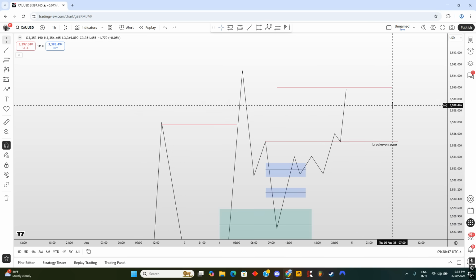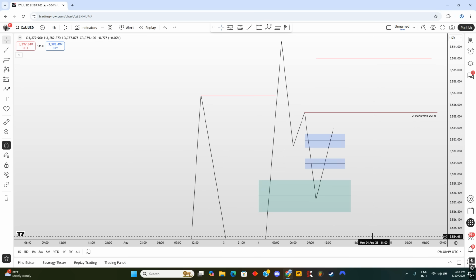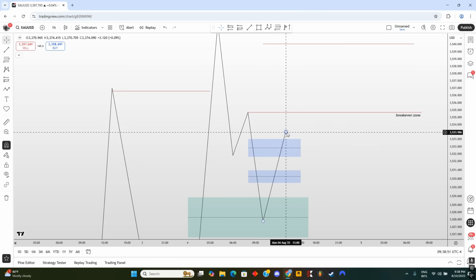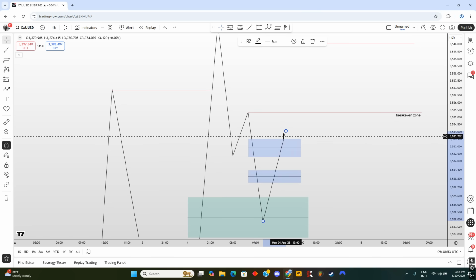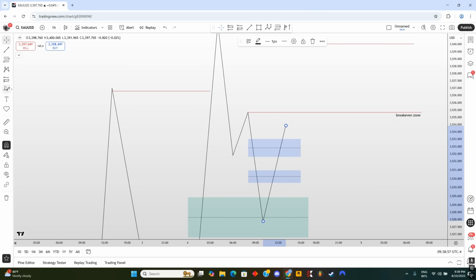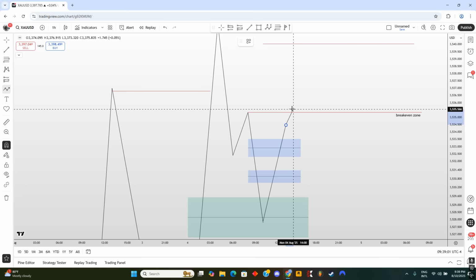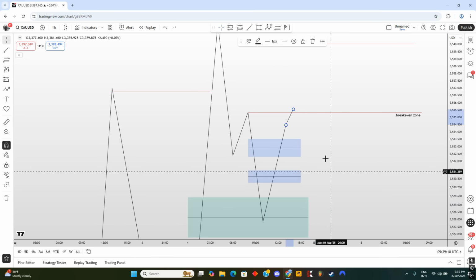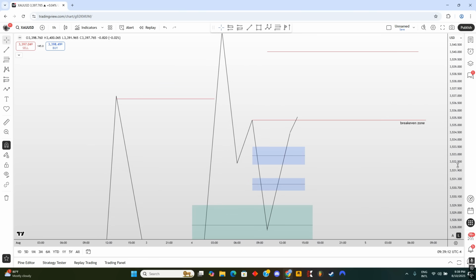All right, so there is one more rule that I have to tell you about. So let's say that price is here, right? And the 5-minute candle has still not closed right now. And let's assume that price takes out the break-even zone before your entry. Well, in that case, unfortunately, the setup becomes invalid because then price can basically just reverse. This could just be a liquidity sweep, and that is why we go break even.